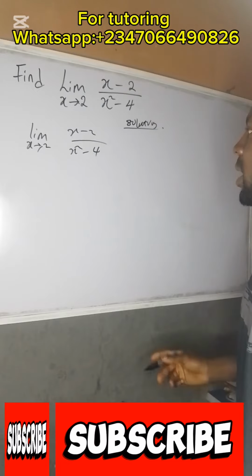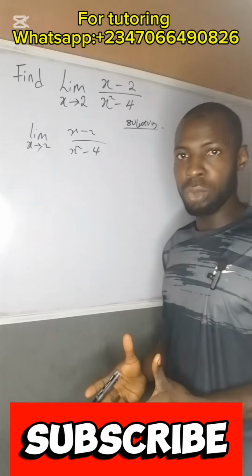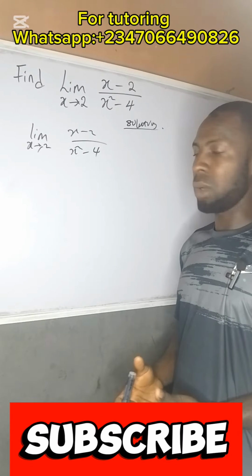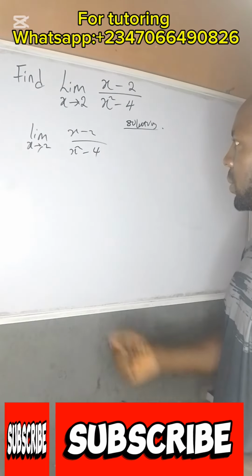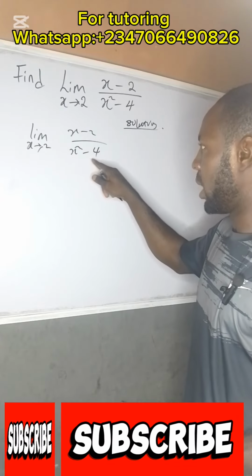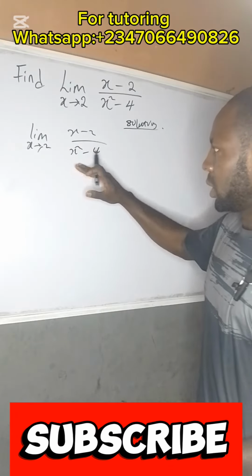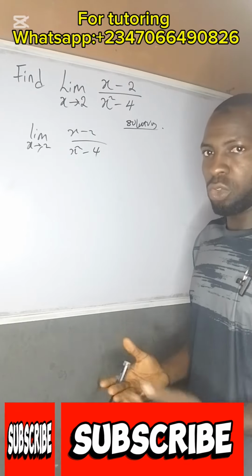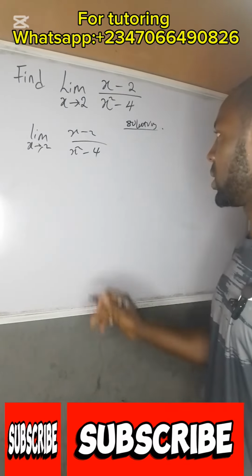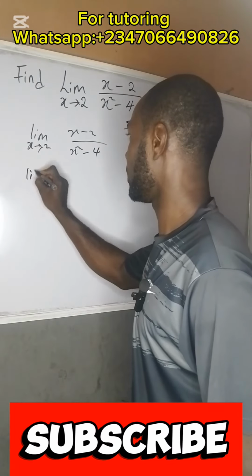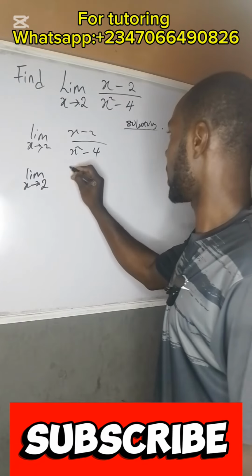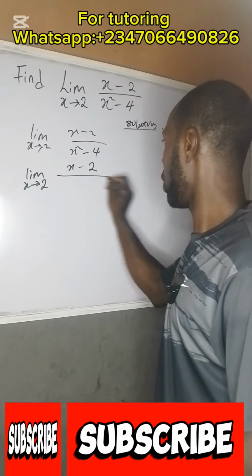Now, the first thing to do is to look at this question very well. When you look at the question very well, what do we see? We have x minus 2 all over x squared minus 4. Now, look at the denominator. We have a difference of 2 squares, so let's try to simplify it to the lowest level. So we can write our limit as x approaches 2 of x minus 2 all over